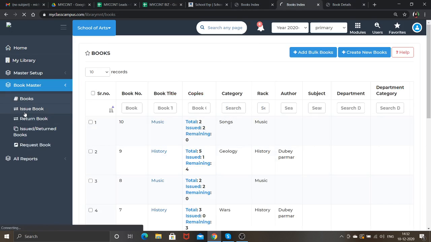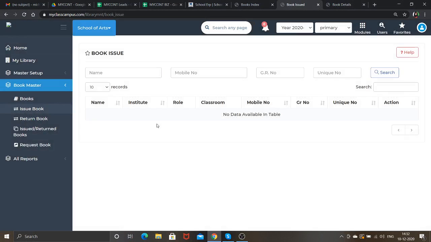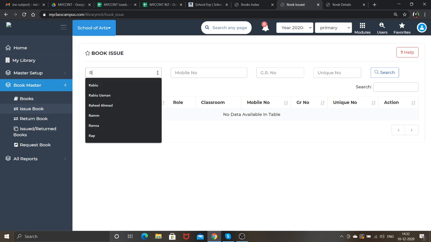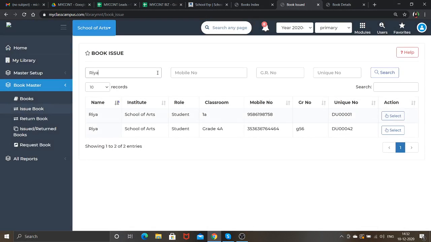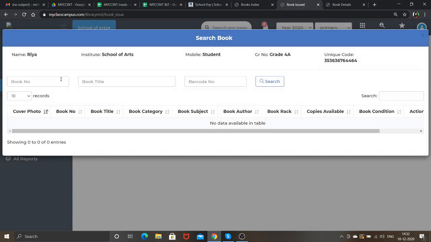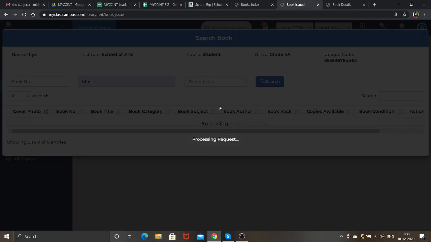After that, if you have all the books set up and all is done, you can also issue a book as per student's name wise. So for example, if I want to issue a book for a girl named Ria, I'll select the name, and I'll go to the book name or number, for example title music, and click on search. Once the book comes,